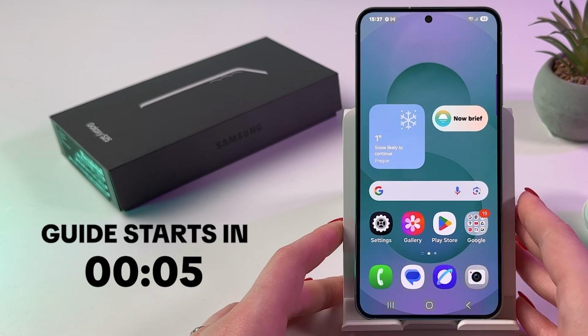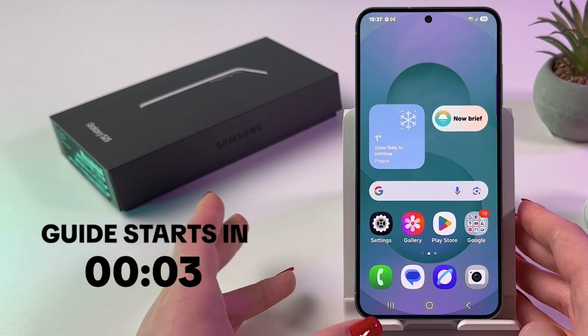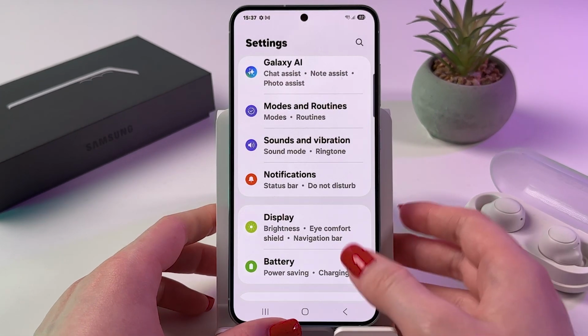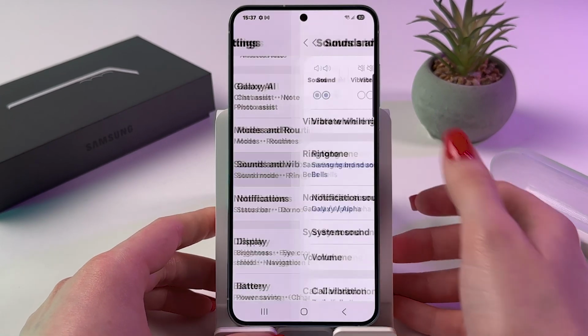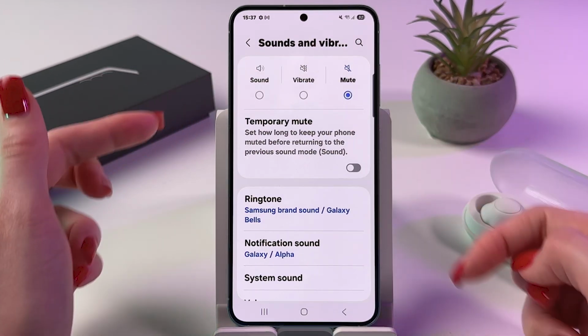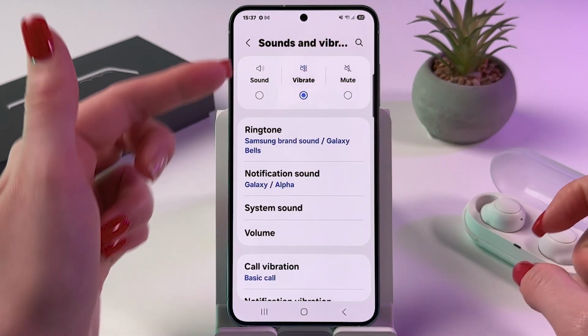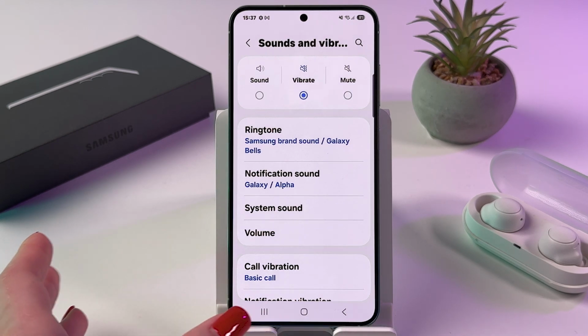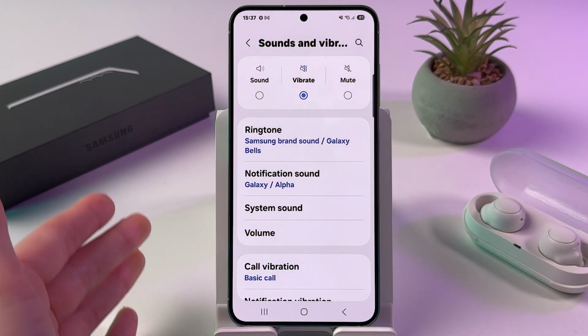Hi, to enable vibration for calls on your Samsung Galaxy S25, open Settings on the phone and from here choose Sounds and Vibration. And now on the top you would see three modes: Mute, Vibrate and Sound. So if you want to enable vibration only for calls but not the whole media, then you would need to